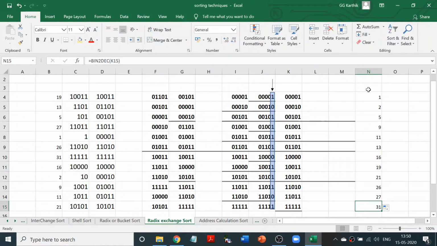As I told you, make sure that the last answer, whichever you're giving, is sorted. If it is not sorted, make sure you write a sorted order there. Maybe there is a small mistake which you have made. So at least make sure your answer is correct. In between steps marks you will lose, but at least make sure you get the right answer. So this is going to be your radix exchange sort.